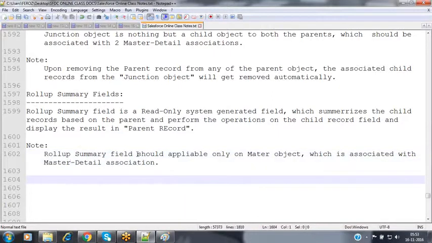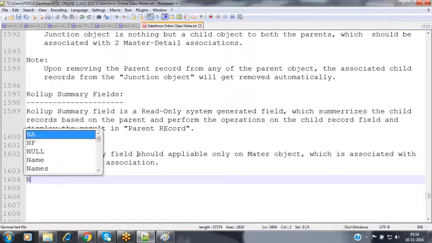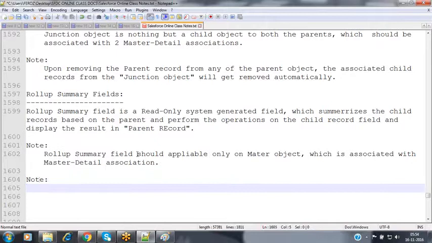So if it is a lookup, then roll-up summary fields cannot be applicable. If it is a child object, roll-up summary cannot be applicable. Roll-up summary fields can be applicable only on the parent object, and it should be in the master detail association, or else the roll-up summary field cannot be applicable. And one more note point.